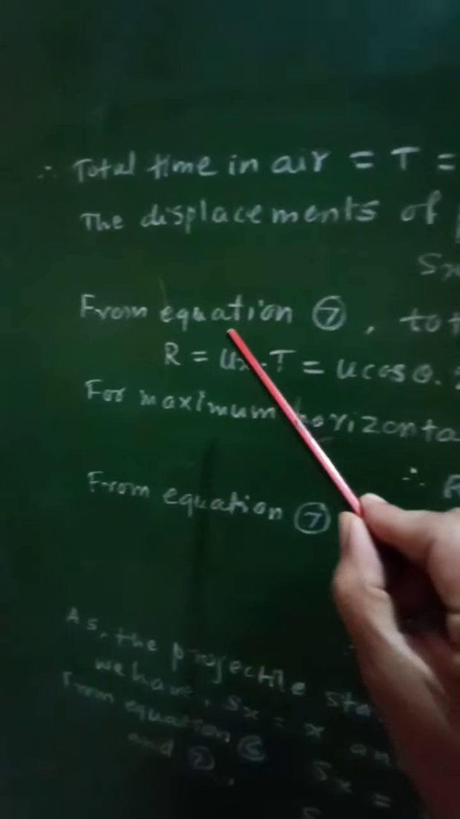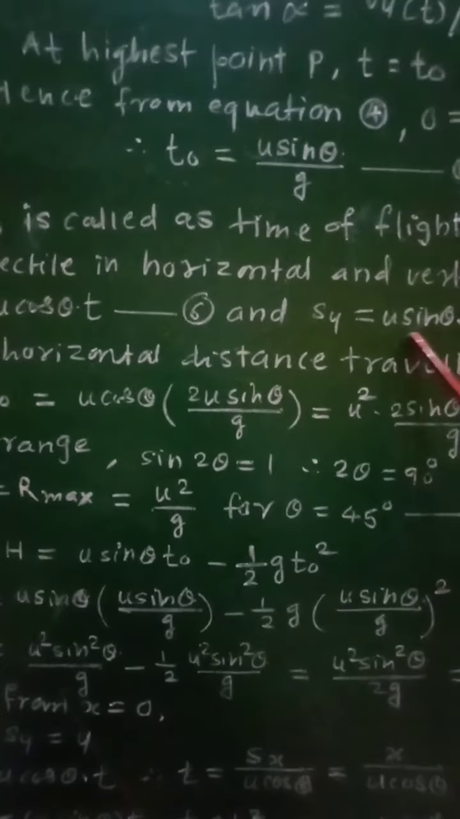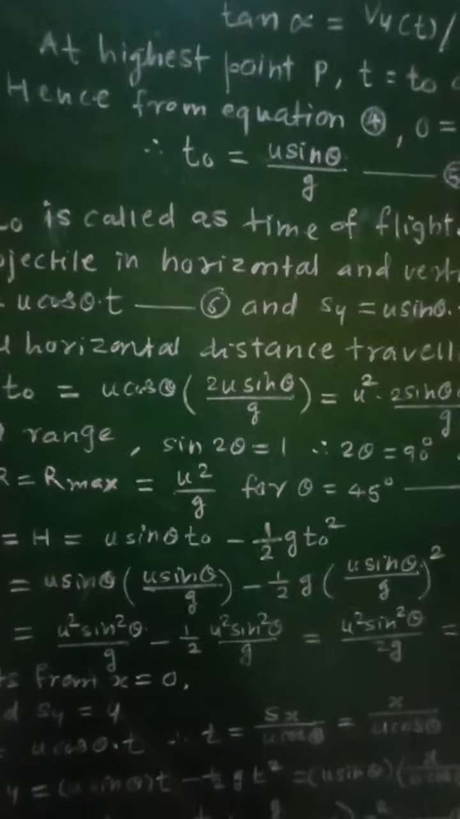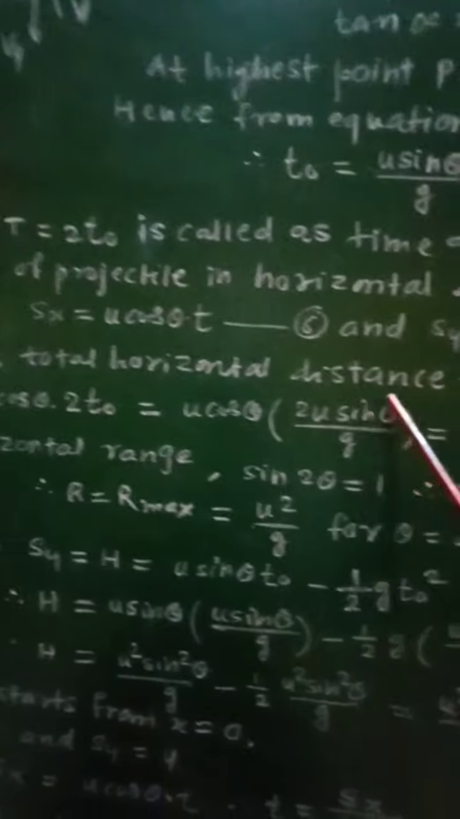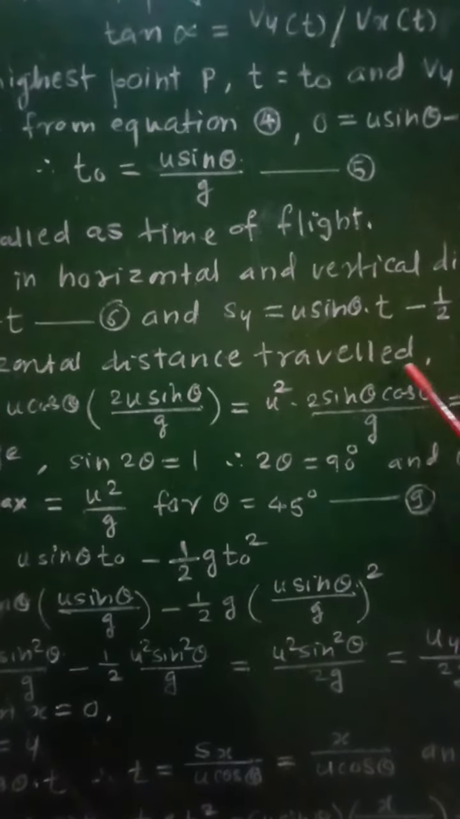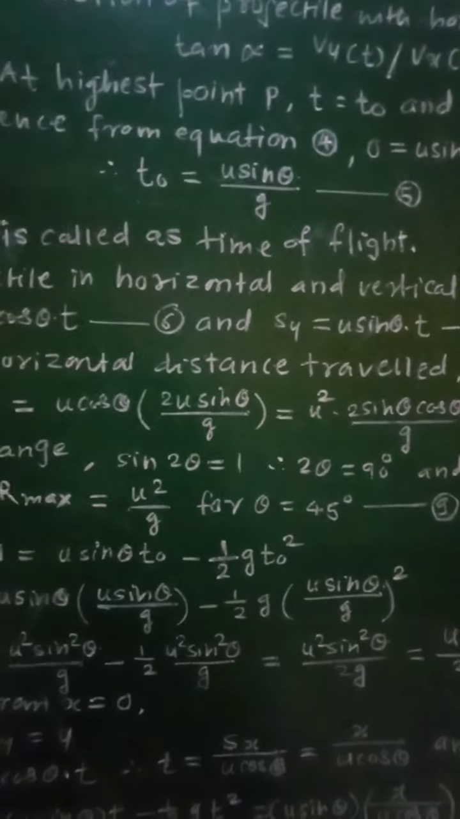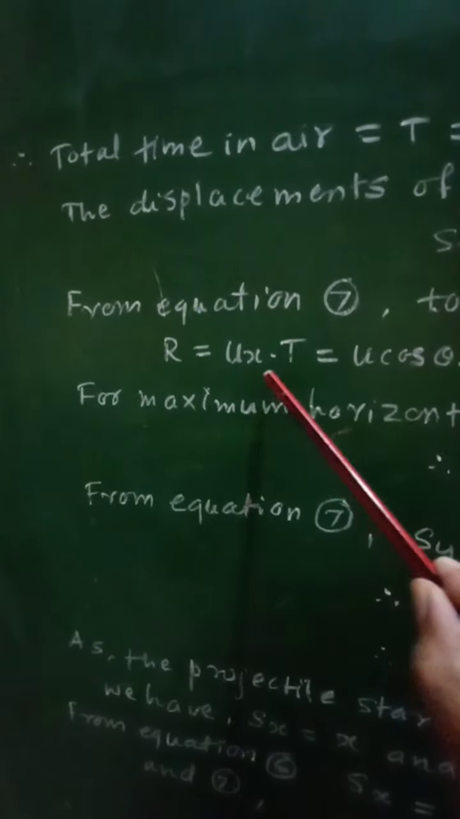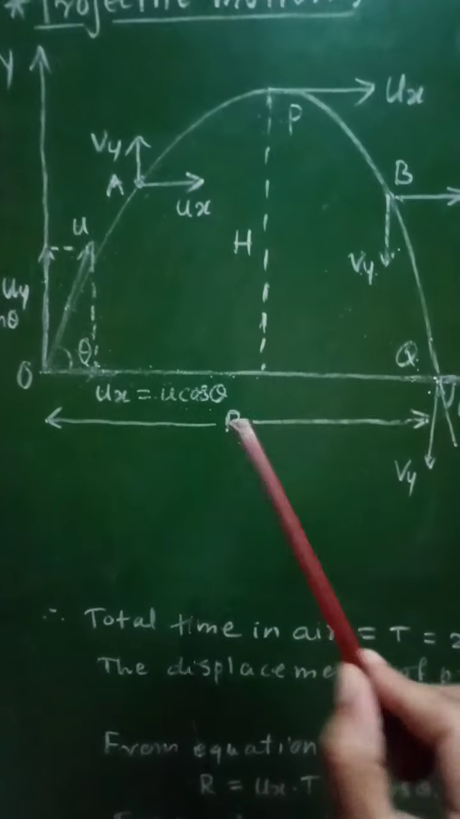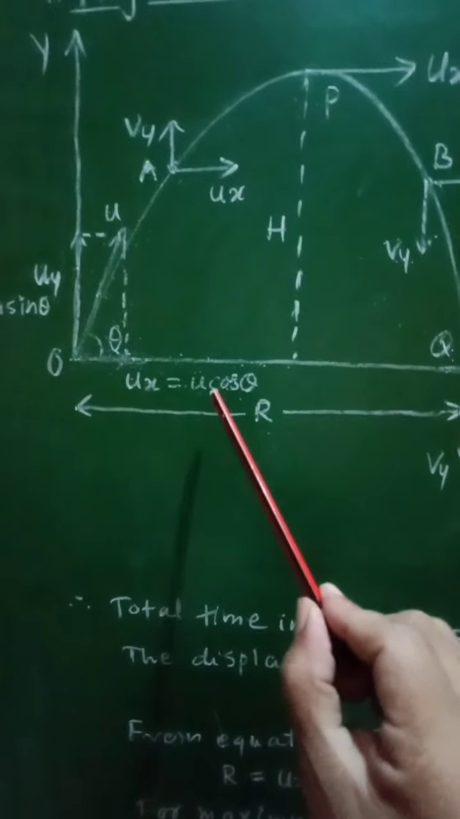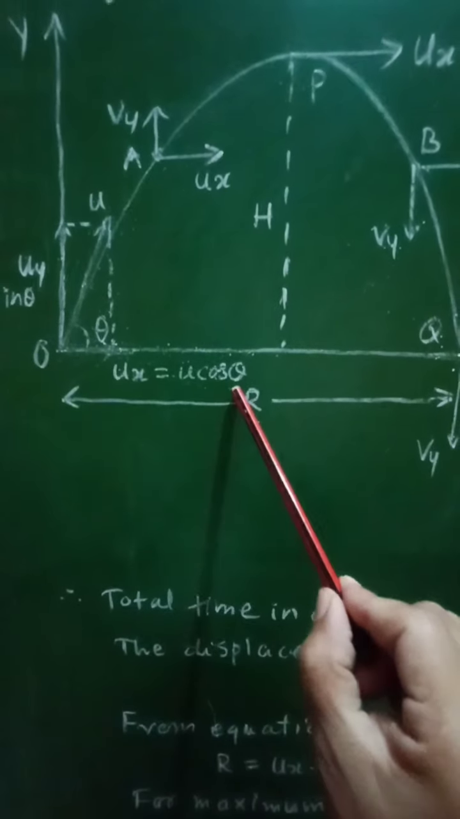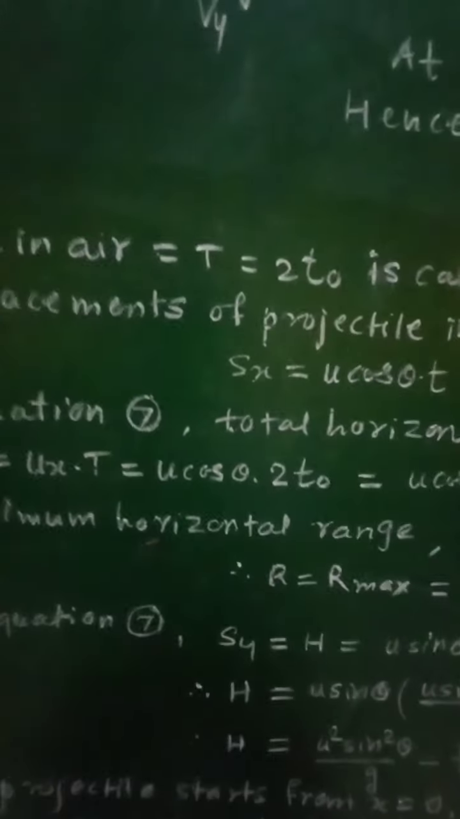From equation 7 we can find the maximum horizontal range. So from equation 7, first we will calculate the total horizontal distance traveled. So total horizontal distance traveled, that is R, will be equal to ux into t. In this case we have to find out this R, and this distance will be calculated by the velocity into time formula. So velocity along this is u cos theta, and time will be equal to capital T, and therefore